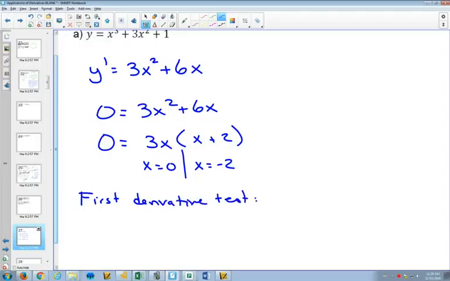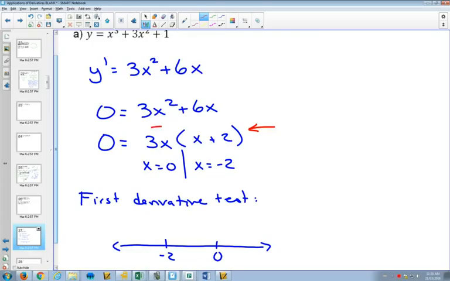So now if we go to our first derivative test and draw our number line, put negative 2 on there and put 0 on there, and find out what's happening to our graph at these different points. And again, when figuring out where it's positive and negative, it often is easiest to use the factored form of the line. So if you were to try something less than negative 2, like negative 5,